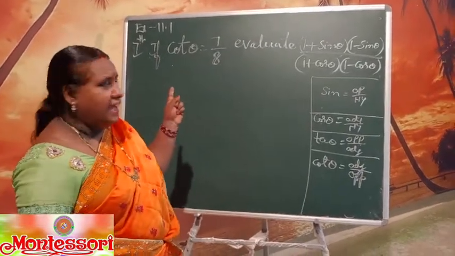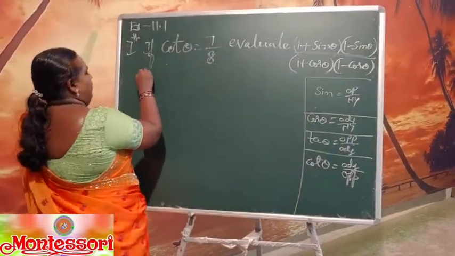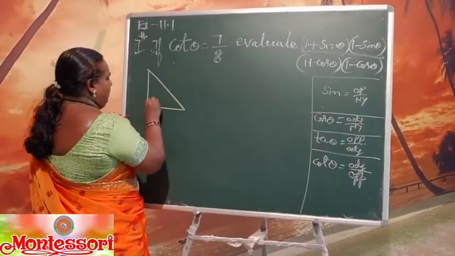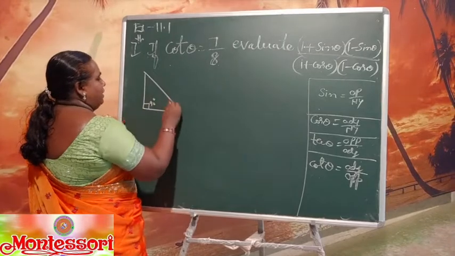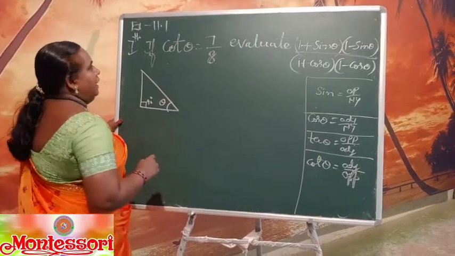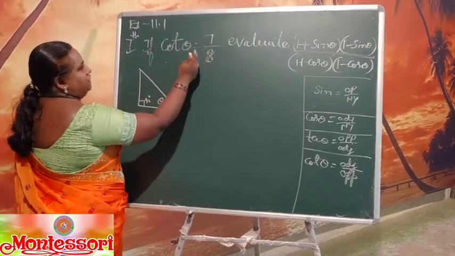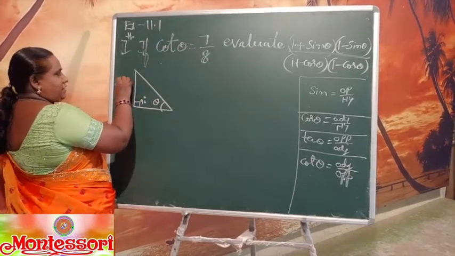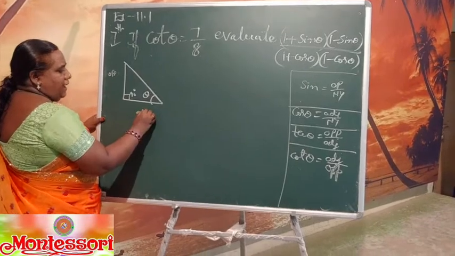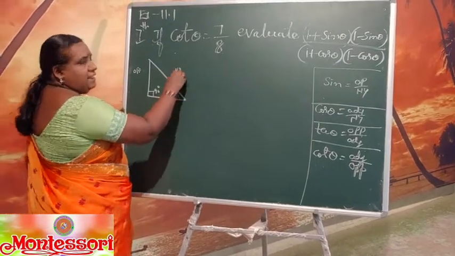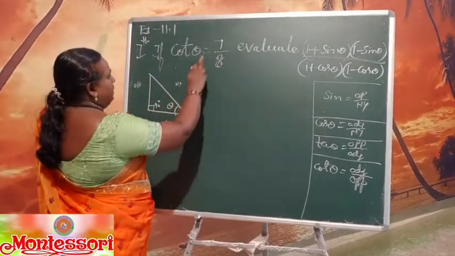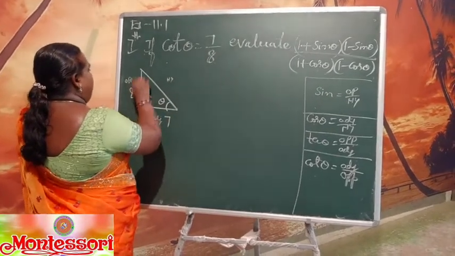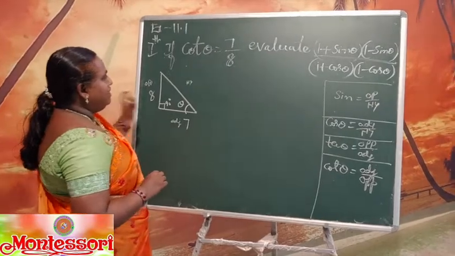Now shall we draw the diagram? Okay. If you draw the diagram, this is compulsorily a right angle triangle only. So this is theta. In this, what is the adjacent by opposite? Theta adjacent side is this only, no? Opposite is this. Just you mark like this. Till you get practice, just you mark. Then it will be easy for you. Next, what is adjacent side? 7. Opposite side? 8. So this is cot theta.